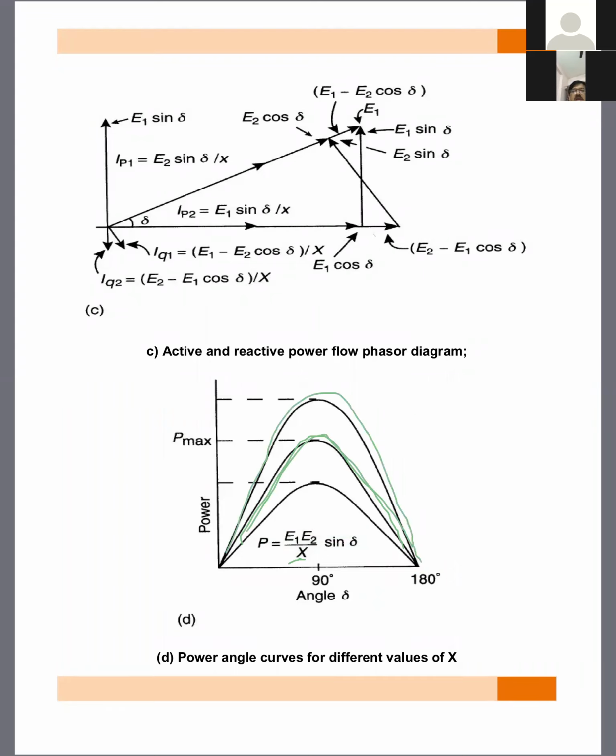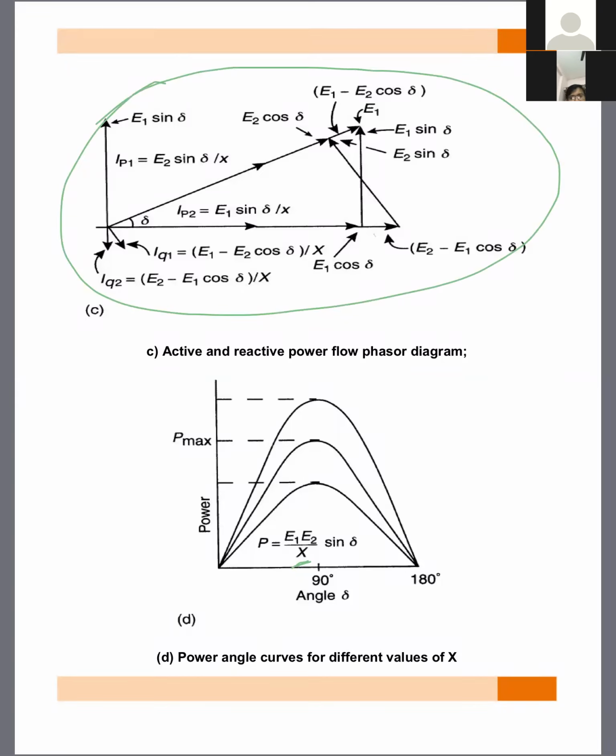You get this in the case of series compensation, that is the 5th chapter. By simply changing the X value, you can change the real power flow. Here, real power flow we have calculated from this phasor diagram. Or if you feel that yesterday's class derivation is easier, you can follow that one. So that is about real power flow.